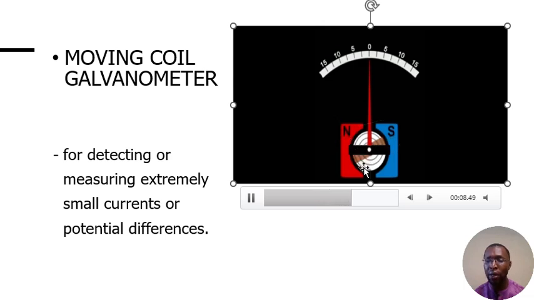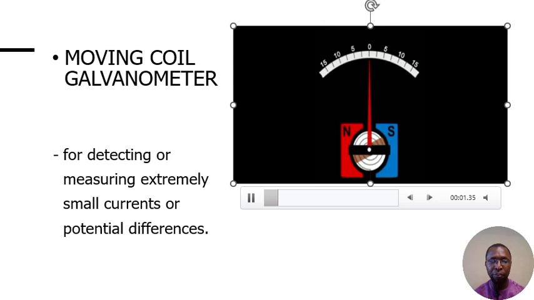As the electricity enters the coil that is in the magnetic field, it is moved, and the force acting on it moves this pointer, which indicates the particular current that has entered the galvanometer. So the motion of this pointer is a result of the force that is acting on it. So these are the two areas of application of